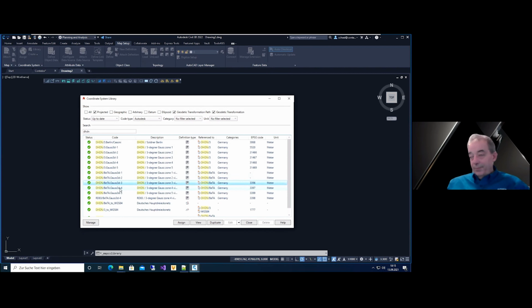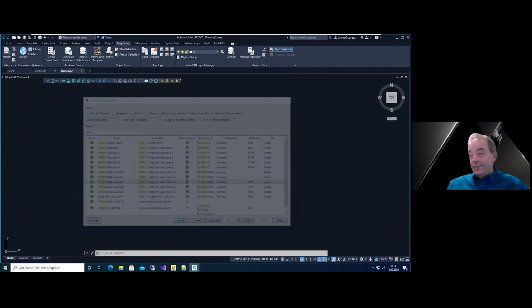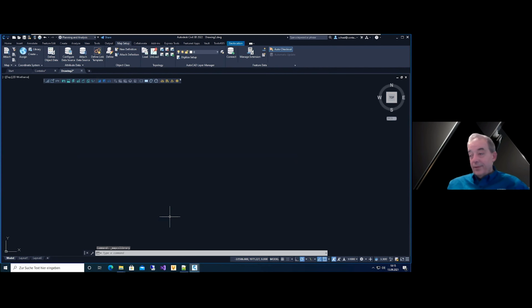At this point, when you assign the source coordinate system, you select if it is using the parametric transformation or the affine transformation. When you select the simple one, you will use the parametric transformation. When you want the affine transformation, you use this. Saying assign, and that was it.